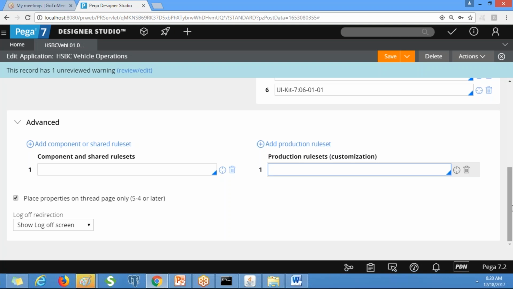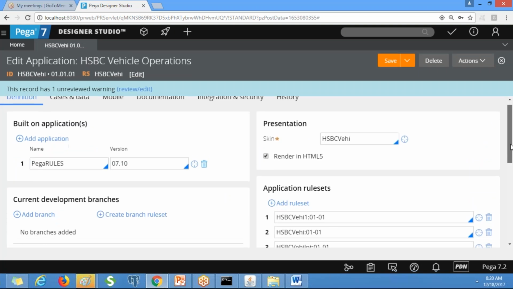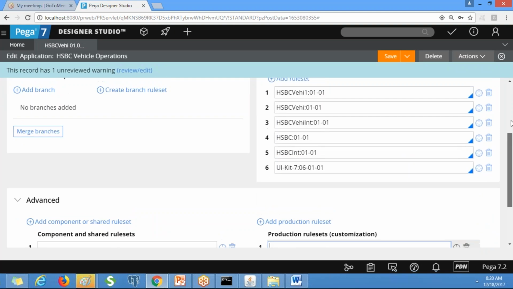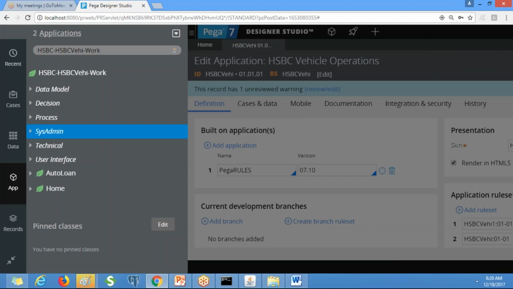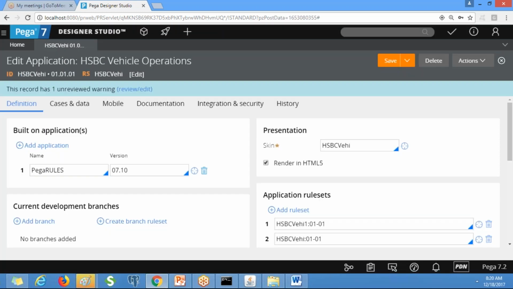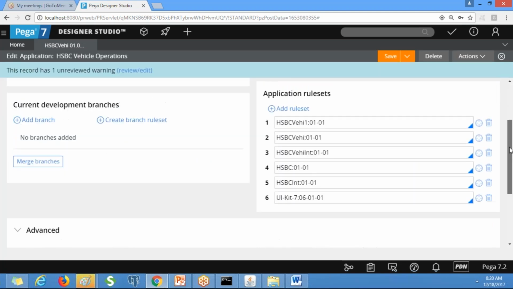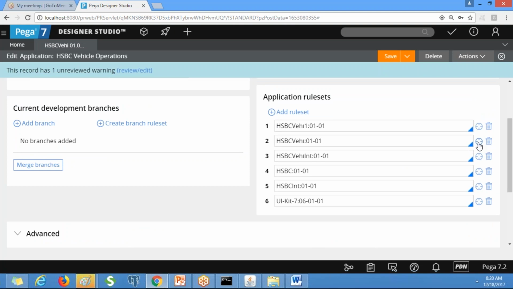First we need to identify in which rule set version that decision table exists. Otherwise you can create a new rule set version and save it into that. Now let me open this HSBC vehicle rule set.